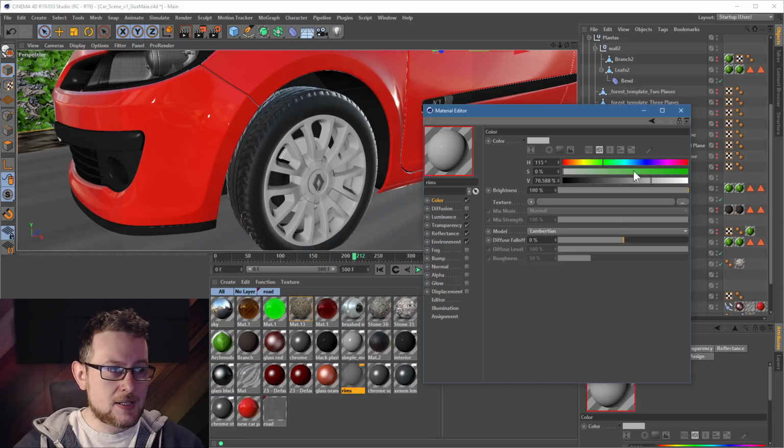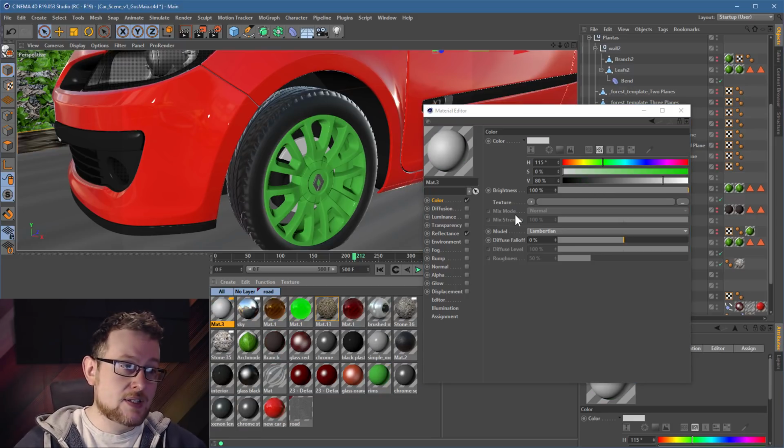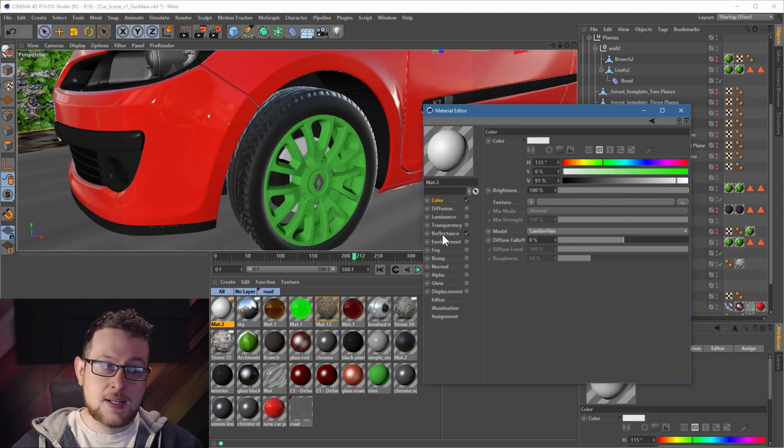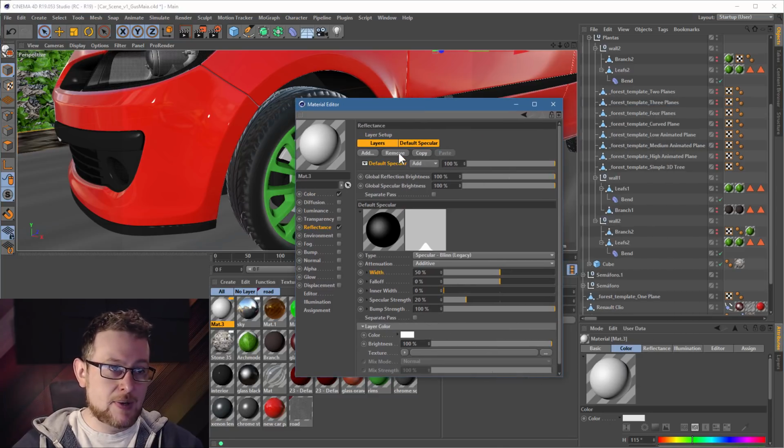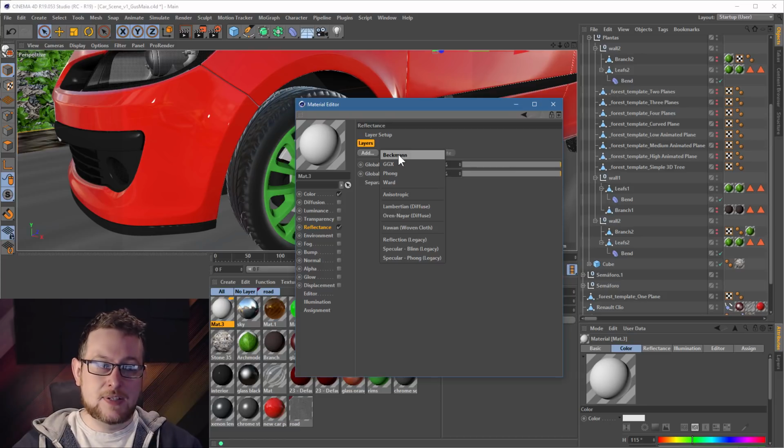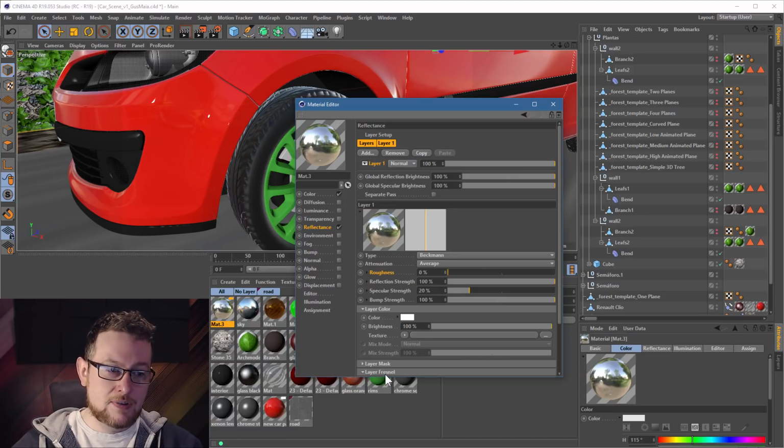Again, let's have a quick play. Yep, that's the rims. Okay, new material. White is fine. Again, same in reflectance. Get rid of the specular. Add in a Beckmann reflection, turn on the Fresnel setting,